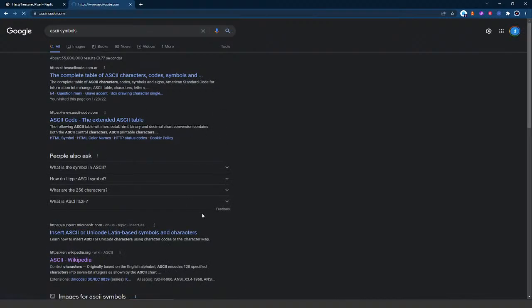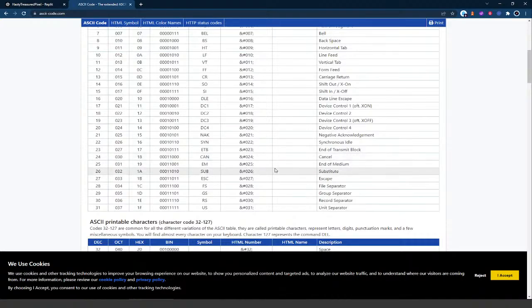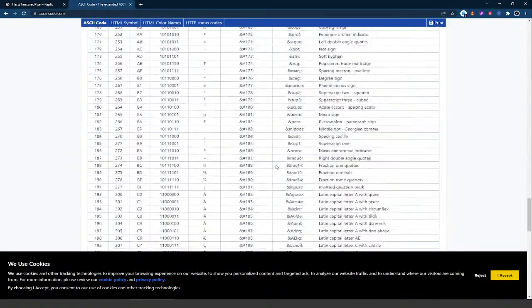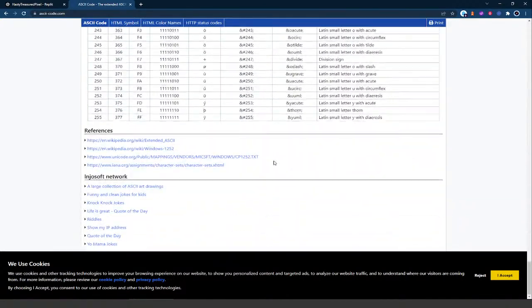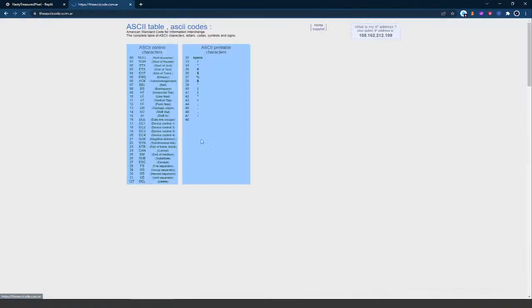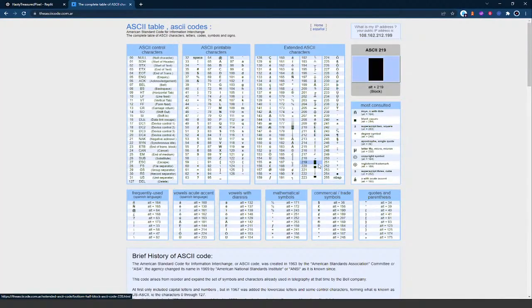Right, there's plenty of websites here for ASCII symbols, and you can find some cool ones. I think I normally use this first one here. Yep, this is the one I normally use. We have this block here, these dotted patterns, some different styles of lines, some different characters that we're not normally used to using. Some interesting things, and if we're creative with these, we can jazz up some of our console-based